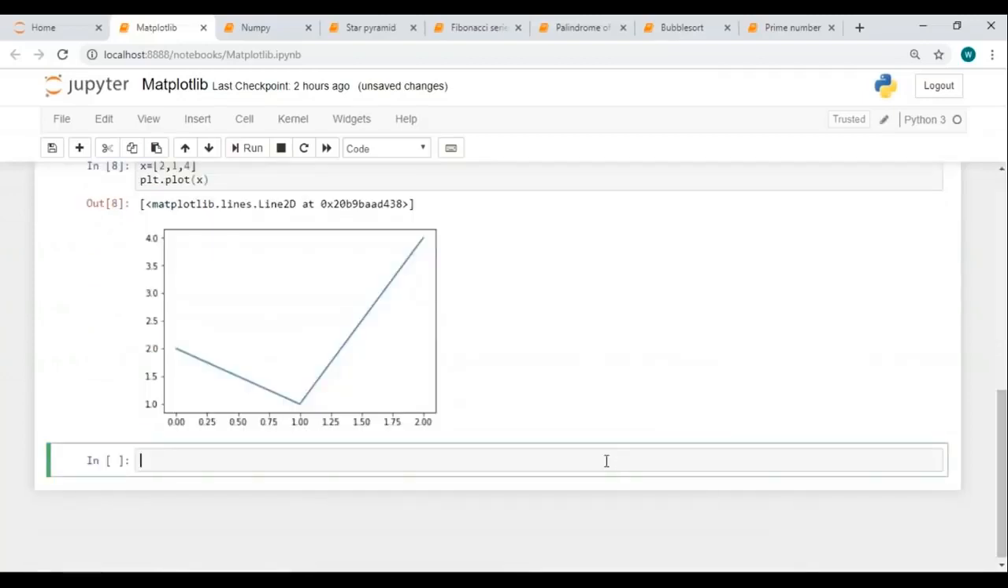Now, what if you want to use some other kind of graph and not a line graph? So in case you want to use a bar graph, all you have to do is use plt.bar and give the values that you want to specify in your bar graph. You'll have to give a list of values. Say I'll give 3, 2, 1, and